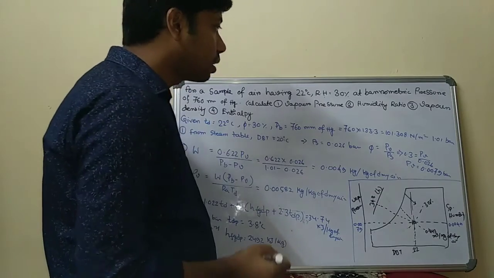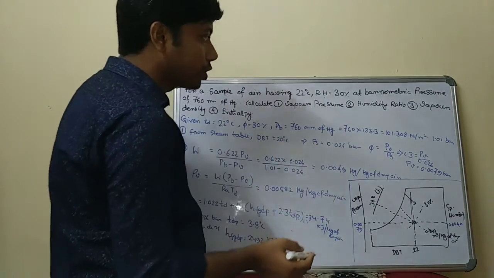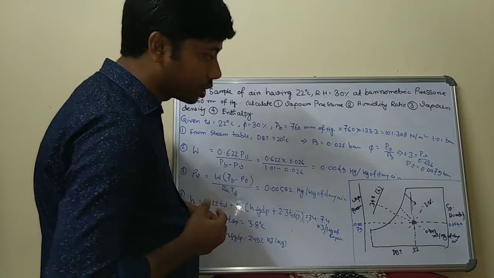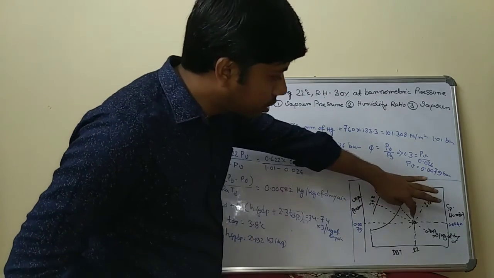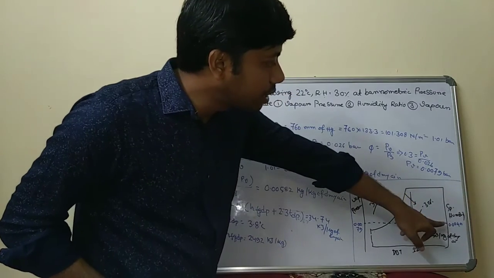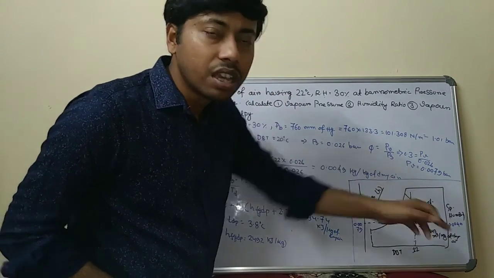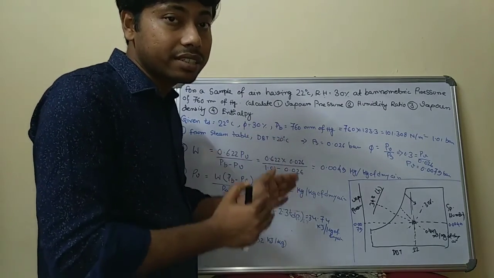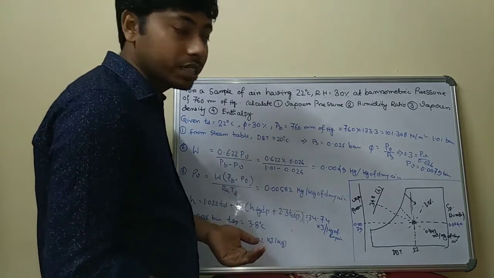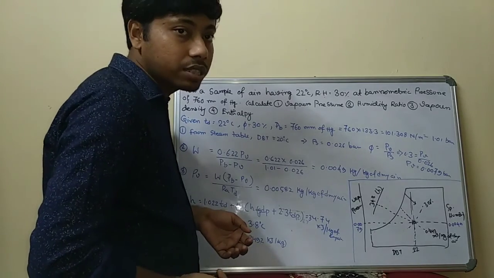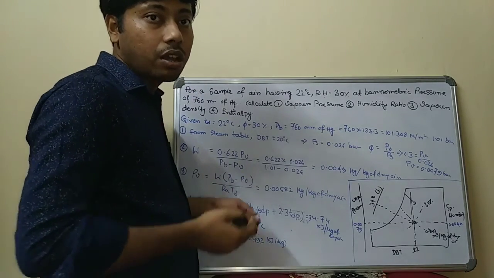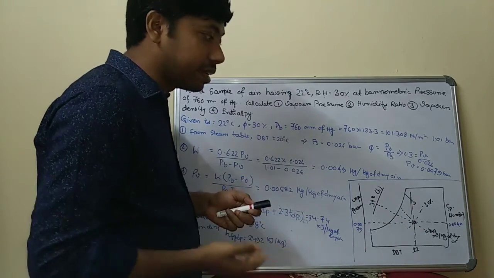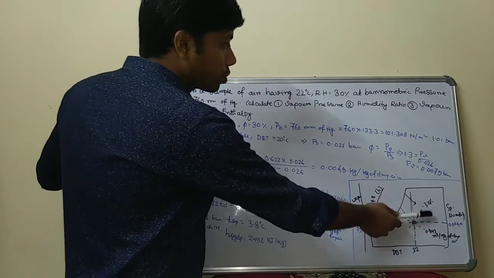Now the second one is humidity ratio, which is sometimes also called specific humidity. Similarly, if you draw this line corresponding in this way, you can get the value of specific humidity. So there is no need for calculation at all. This is the interesting part of your psychrometric chart. You can easily get all those thermodynamic properties in your air conditioning unit. So this is your humidity ratio or specific humidity.